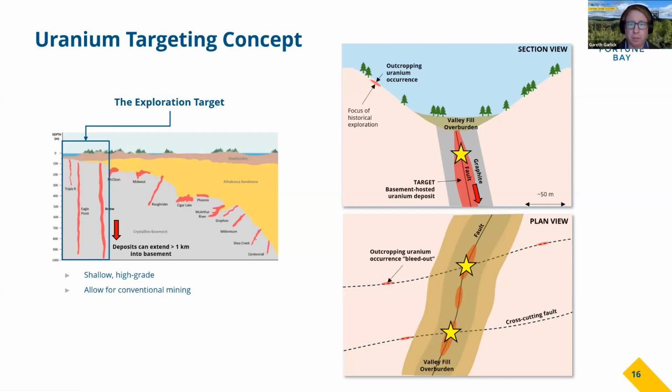These softer graphitic units bound on either side by more competent rocks have been scoured off and negatively weathered to produce very steep-sided valleys that are infilled with overburden and shallow lakes. So prospecting over these with a handheld scintillometer just wouldn't have worked for finding a deposit underneath overburden. So this leaves us with over 30 kilometers of strike length of these graphitic rocks that haven't been properly explored